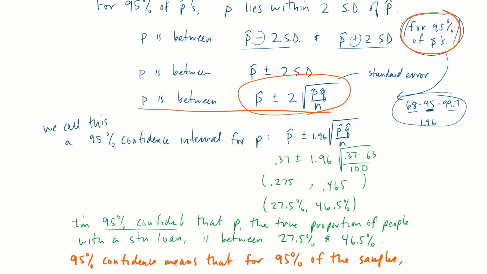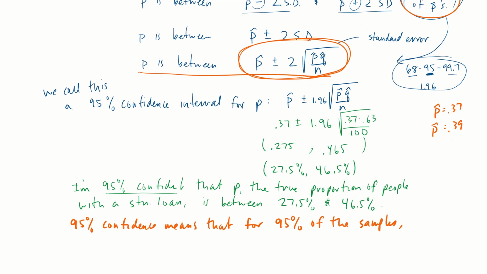Now notice though, for each sample, I'm going to get a different P hat, right? One sample I might get P hat is 37. The next sample P hat might be 39. And so this interval here will be different for each sample. Okay? So let's make a note of that. A different sample gives a different interval. So 95% confidence means that for 95% of the samples,